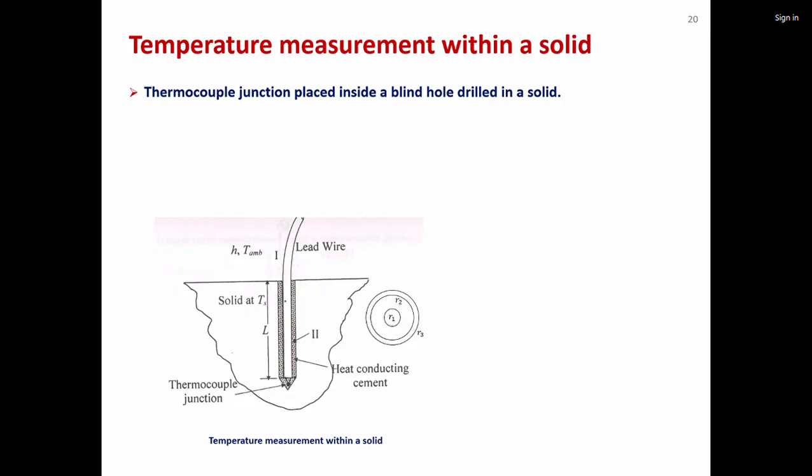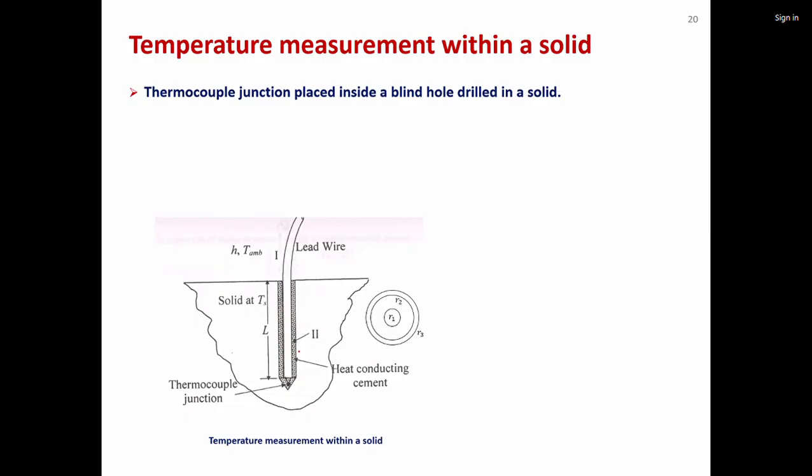And this thermocouple wire, in order to fix it into the solid, you use some heat conducting cement in the annular space. Okay, so you have heat conducting cement filling up the annular space between the thermocouple insulation layer and the inner